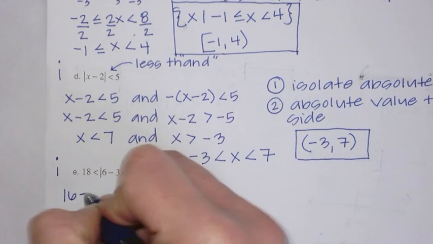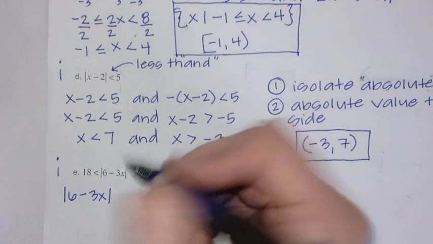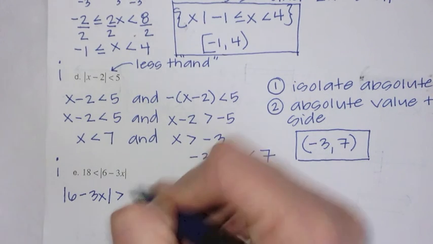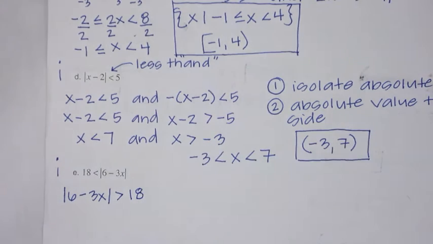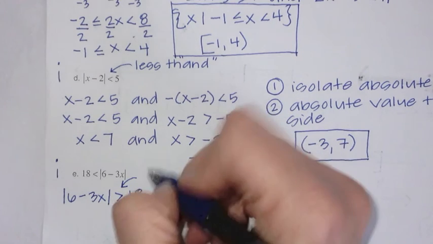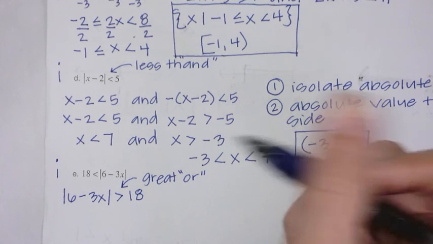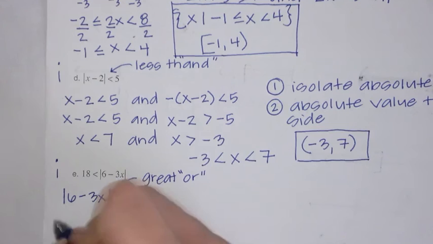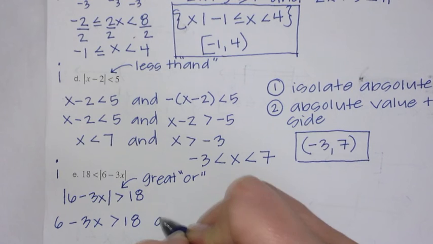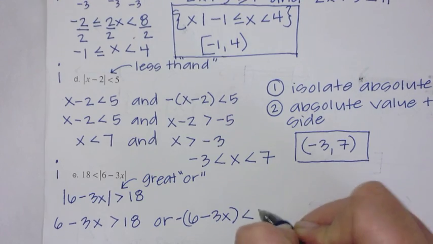So I am going to rewrite these. You have to be careful that your absolute value signs don't look like ones. The absolute value, according to this symbol, is the bigger. So whenever I move sides, I need to change that sign to keep that consistent. Now this is not a less than with the absolute value on the left side. It's a greater than, or, like oars on a boat. So we're expecting this inequality to end up away from itself. So 6 minus 3x is greater than 18, or negative 6 minus 3x is, sorry, also greater